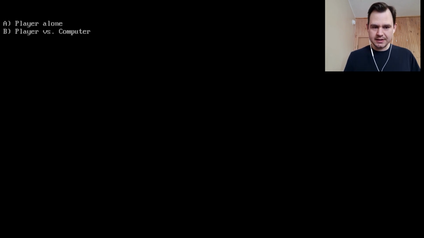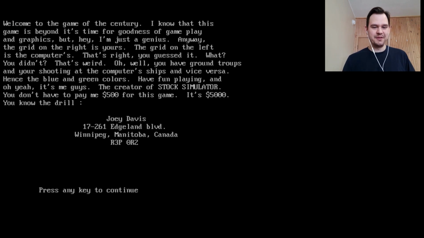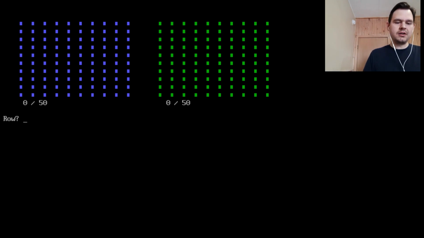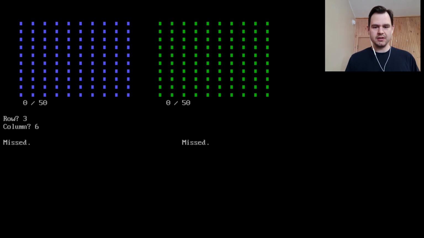All right, let's just have a recap of the game. So we're given this grid system, and we have ground troops, and the computer has battleships, and one-hit kills. And so I select a row and a column. Oh, we missed. Submarine hit, infantry dead. So at some point there are submarines,